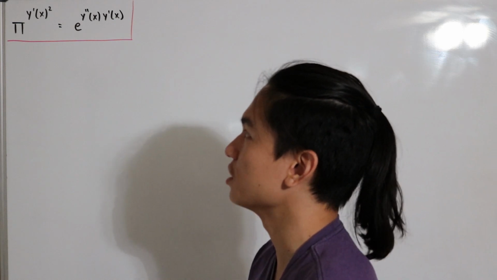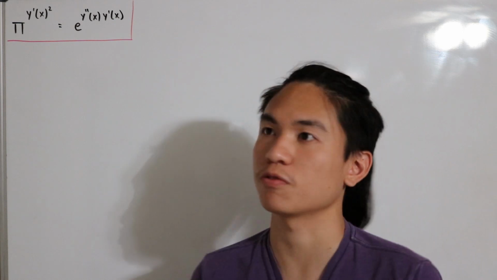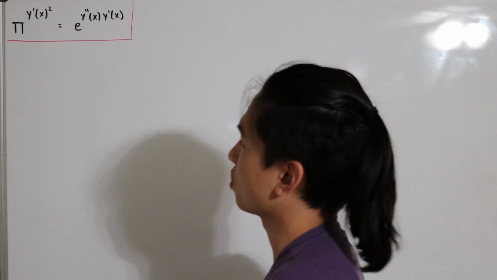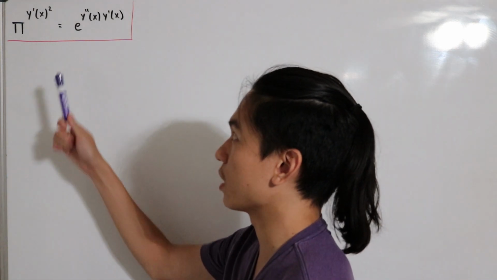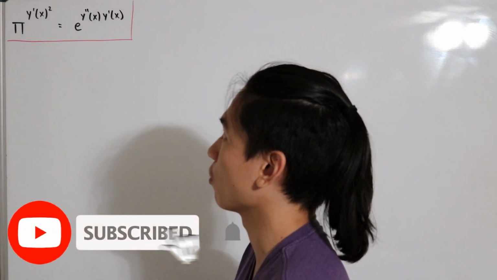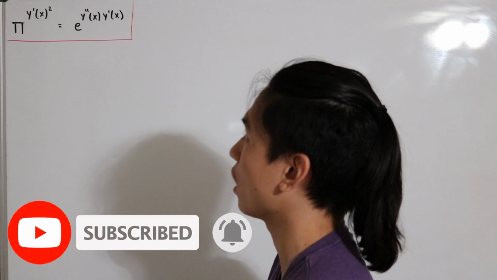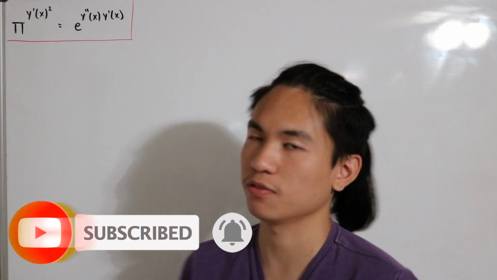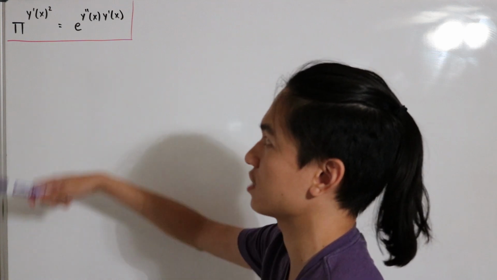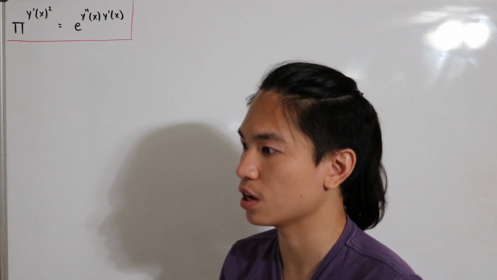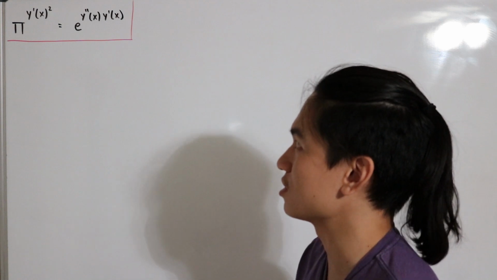In today's video, we have a second order nonlinear ODE, ordinary differential equation, in full. So we have that pi to the power y prime of x squared is equal to e to the power y double prime of x times y prime of x. And of course, we want to find a general solution y that satisfies this following ODE over here. Since this is a second order,